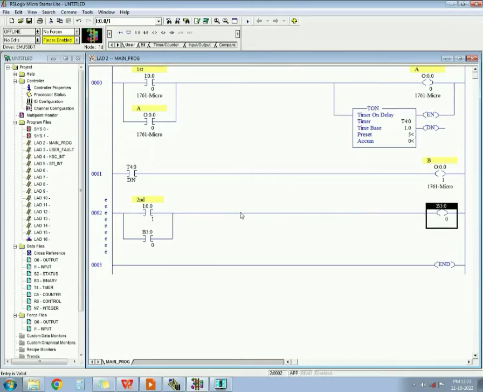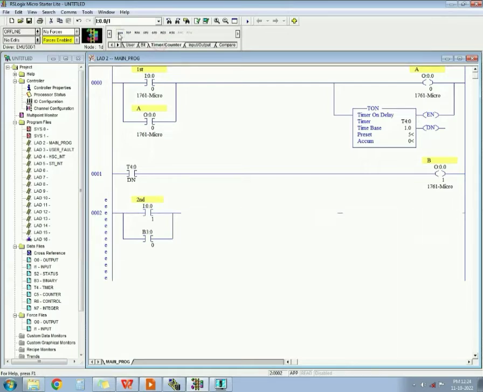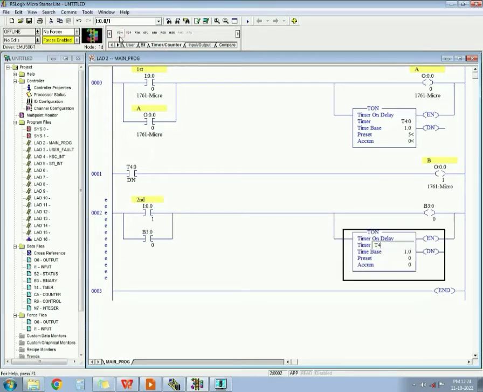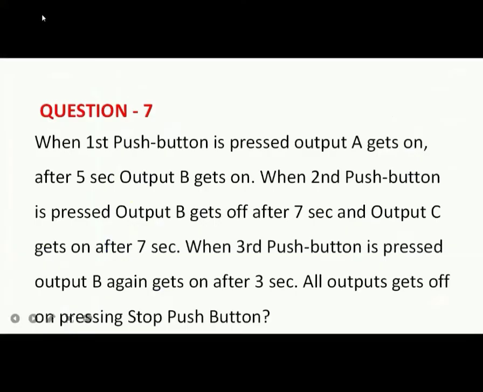Okay, now I have to use a timer also, when the second push button is pressed. You have to use a timer for 7 seconds, T4:1, 7 seconds. And what is happening in this timer is, when the second push button is pressed, output B gets off